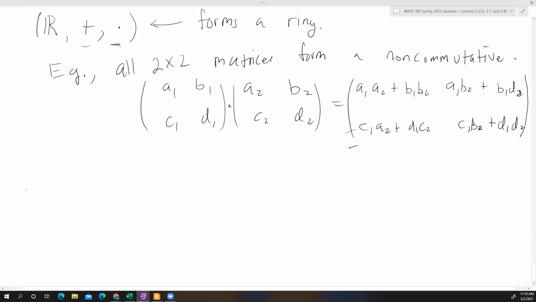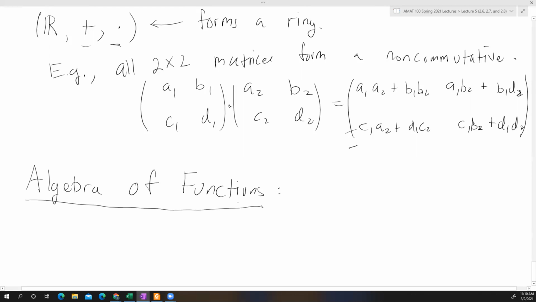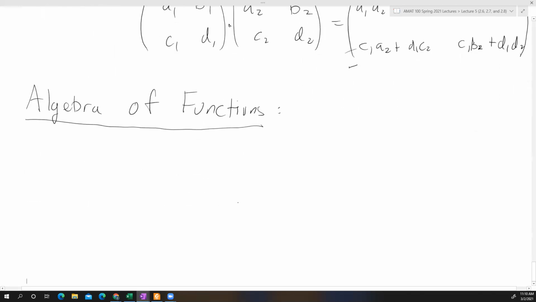So we have an algebra. This is the algebra or the arithmetic of functions. So really we just have two basic ones, adding and multiplying functions, and then the other ones can be defined in terms of it,